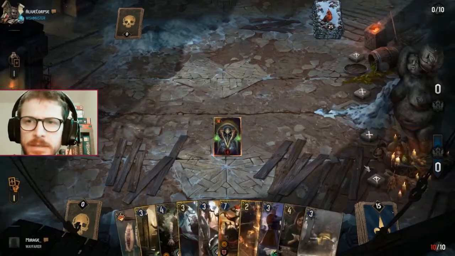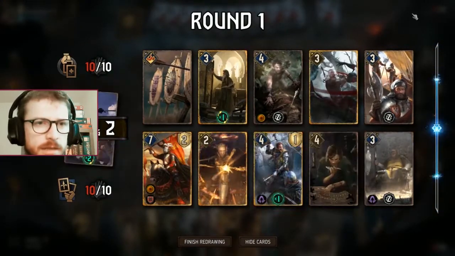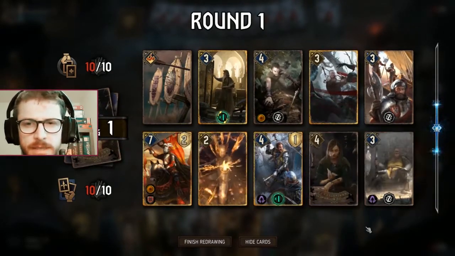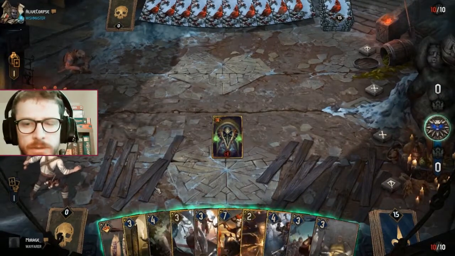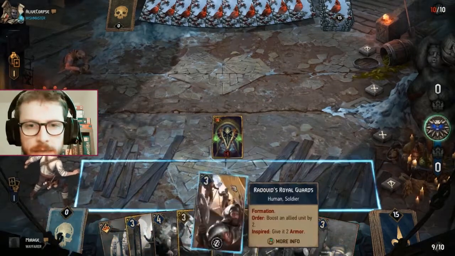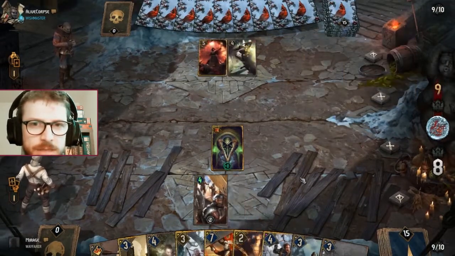Next game is against an assimilate deck, and this is a little bit tougher. I interpreted it as an assimilate deck during the mulligan, and I mulliganed to get the most out of my potential to push out of round 1. Again, blue coin. I started with a usual Radovid's Royal Guard, but then as soon as the operator comes down,